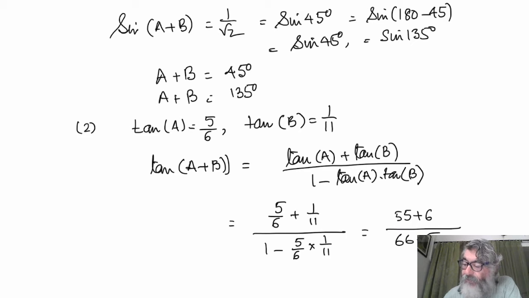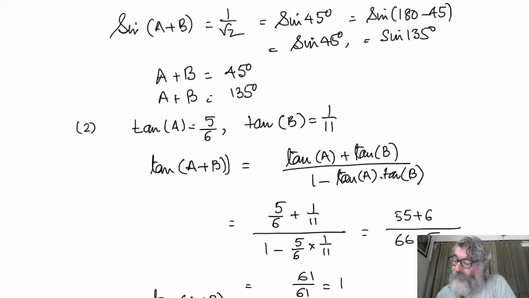What do I get? 61 upon 61, that is 1. Now tan(A plus B) will be how much? tan 45. The value of tan 45 is 1. So A plus B is